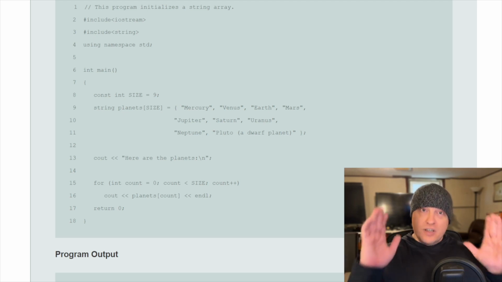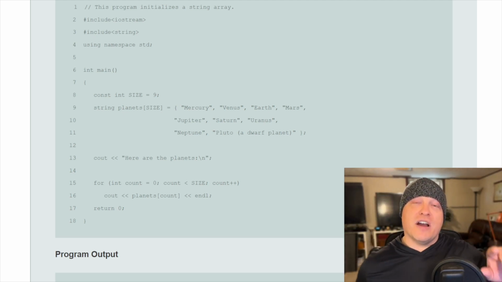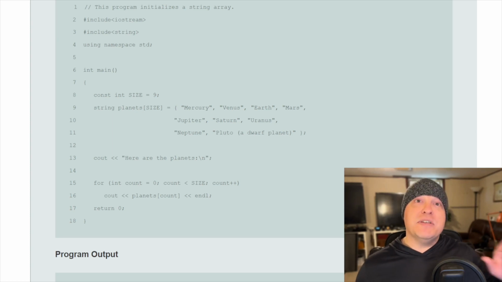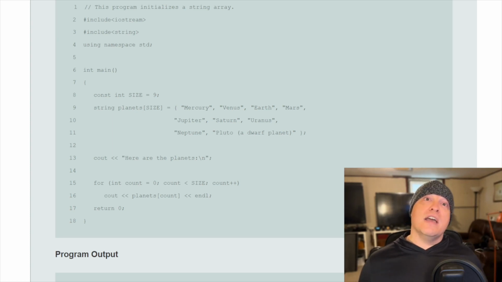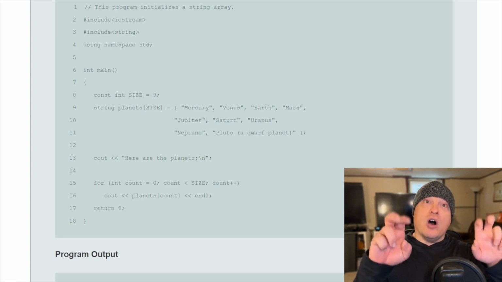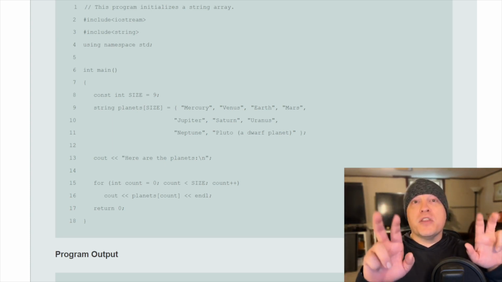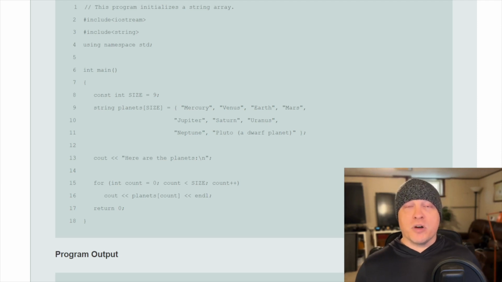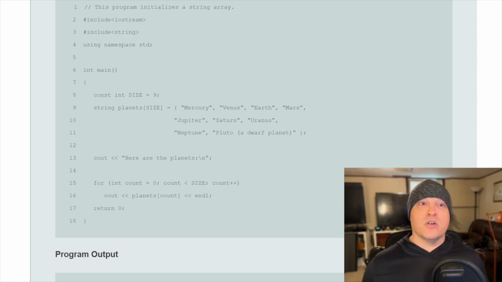So after the declaration for the name there, I have the equals, because now I'm going to assign these elements. And then inside of my curly braces, I have a comma separated list of string values. Remember, string values all have to be represented with the double quotes there. That's how C++ knows you are providing it a string. So inside of double quotes is Mercury, comma, then inside of double quotes is Venus, comma, and so on and so forth until we get to our dwarf planet,